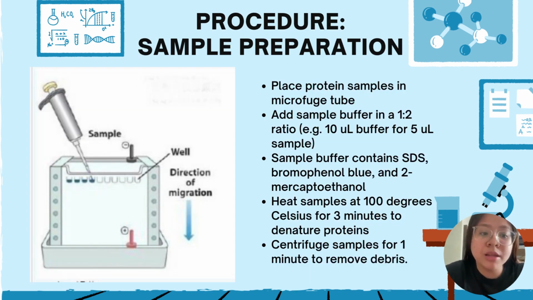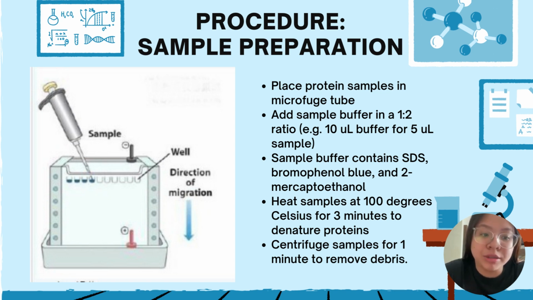So while the gel polymerizes, you should begin to prepare samples. First, we place protein samples in a microfluidic tube and add sample buffer and mix by flicking. The ratio should be 1:2, which means if you have 5 microliters of sample, you should add 10 microliters of buffer. Sample buffer contains SDS, bromophenol blue, which is a tracking dye so that when electrophoresis is performed, you will